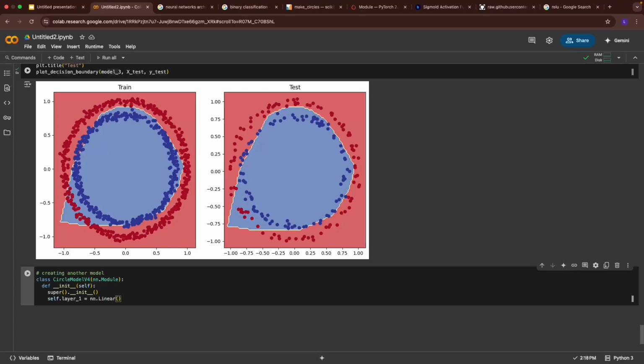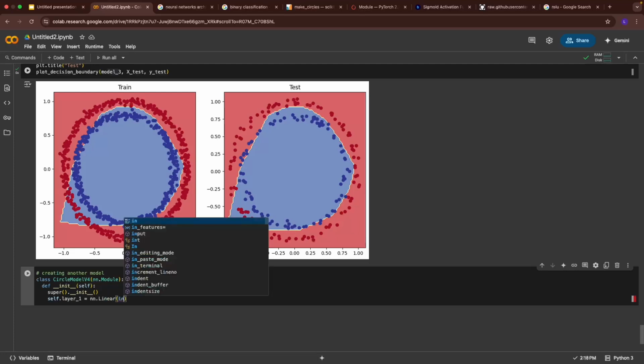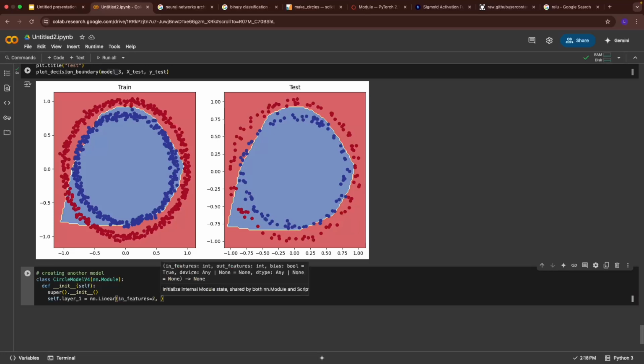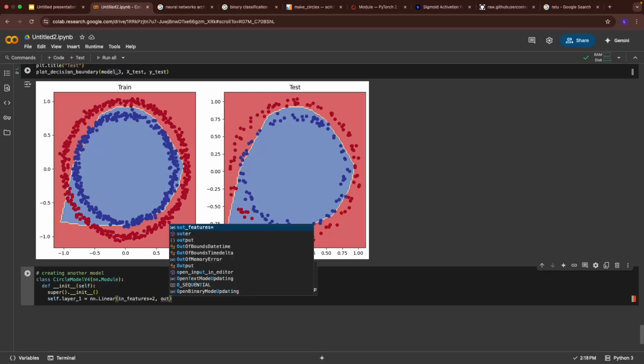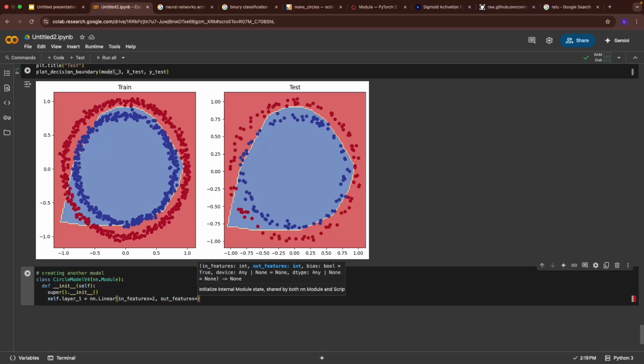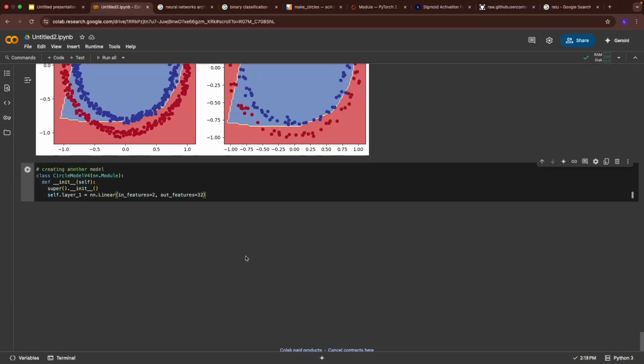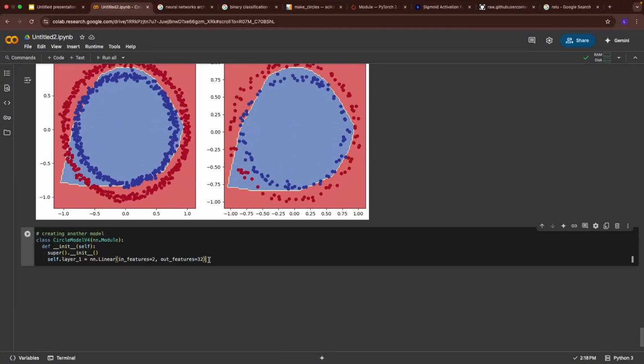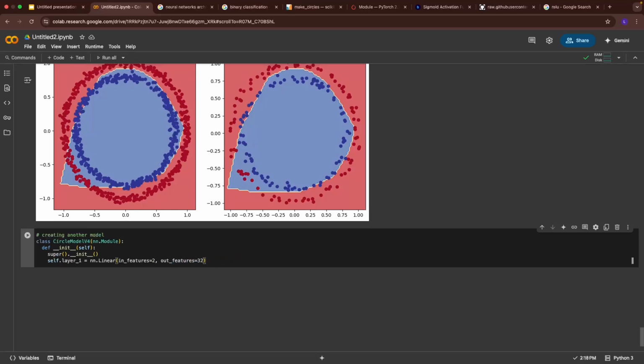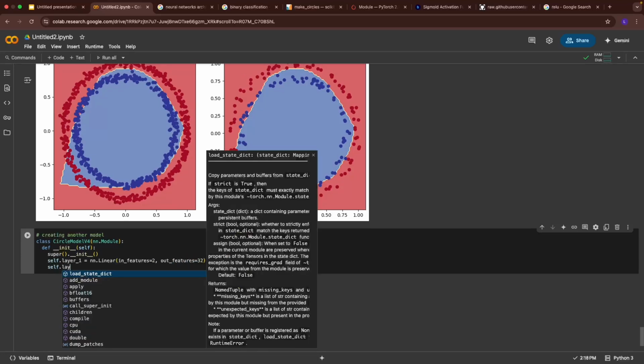Now what should be the in features? 2, because we have two features, x1 and x2. Now we want to increase the hidden units, so let us put 32. Hidden units are generally multiples of 8. Before we had 10 hidden units. This time we are adding more hidden units, 32. Now let us create another layer, layer 2,